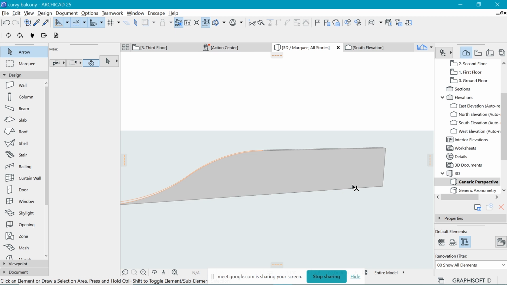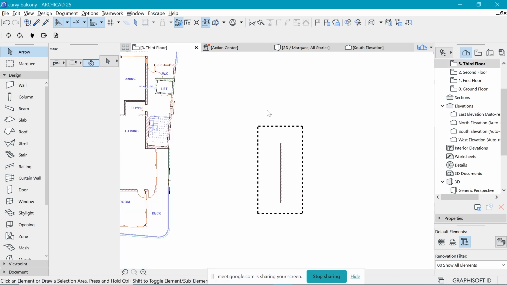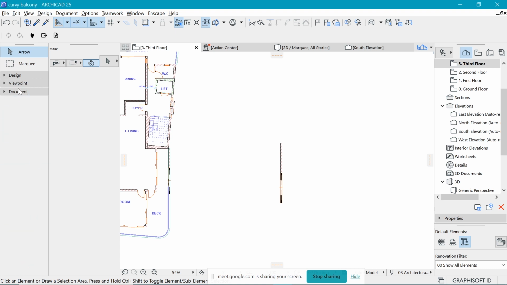Maybe just to add, it's actually necessary to use elevation if you want to get something quite accurate, because here in 3D, you're kind of trying to create a generic kind of look. But if you want to be a bit more precise, what you want to do is to create an elevation, and in the elevation, you kind of sketch over what you want. Let me try to open a simple elevation here. Just a simple one. Let's pick,